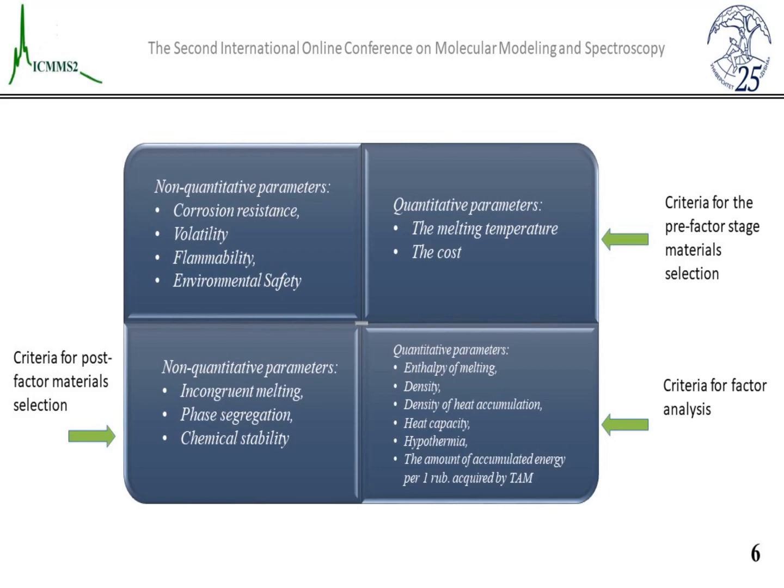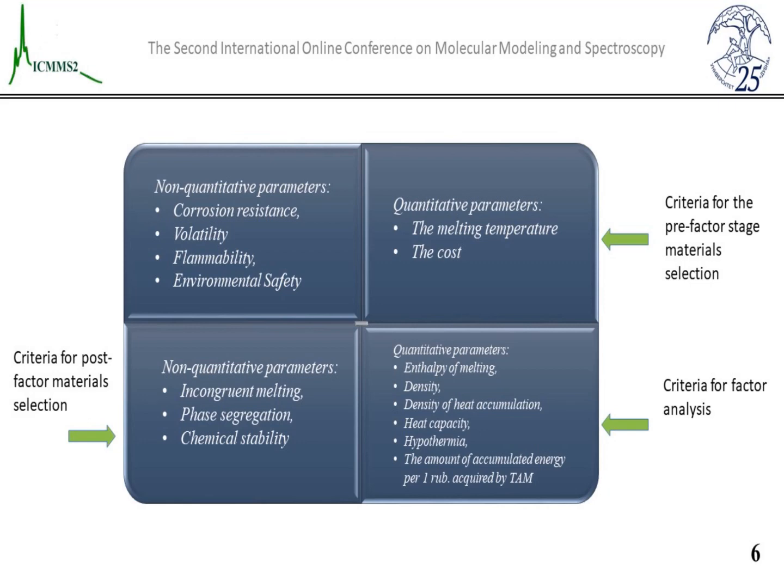All quality criteria can be divided into several categories. There are quantitative and non-quantitative criteria. The first stage is the stage of pre-factorial selection of materials. Materials are selected manually based on a number of quantitative and non-quantitative criteria that are not analyzed within the framework of factor analysis due to their critical significance. There are non-quantitative criteria: